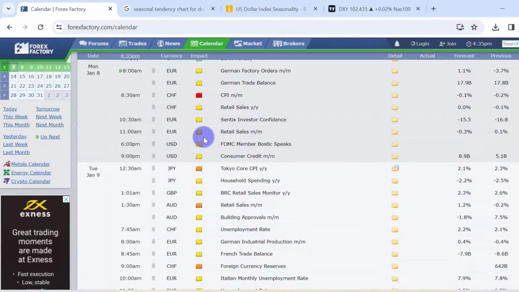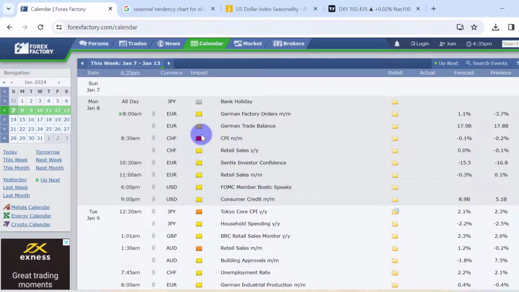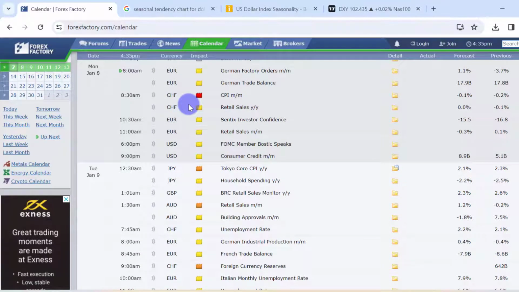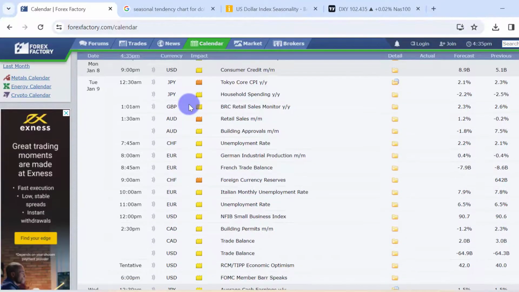So it means that we may have a low or slow price delivery on the dollar and dollar associated pairs, and the Japanese yen also. They have a bank holiday on Monday, so it might be quiet. It will be quiet on that pair. And on Tuesday we see medium impact. It's the orange box that you see here, and the yellow box signifies low impact. So you can see Tuesday too is a bit quiet.